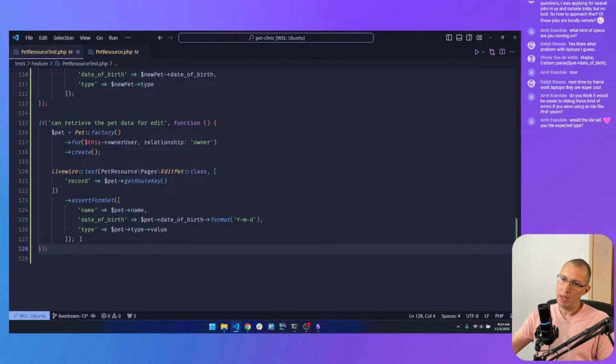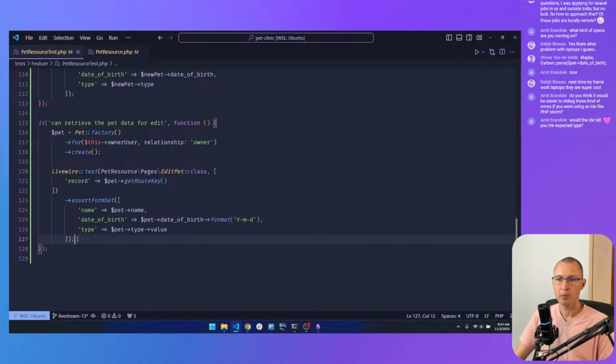So you go and say, yeah, type is being cast as an object, as an enum class, and in order to get the value of that instead of the object class, then I use value. So in summary, I don't think it would be any different with PHPStorm, in my opinion.